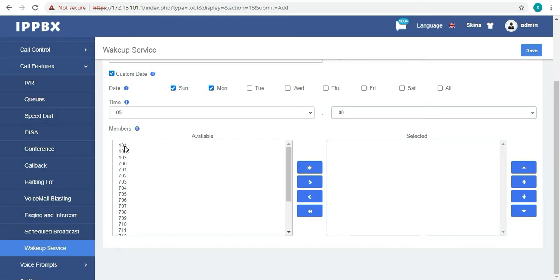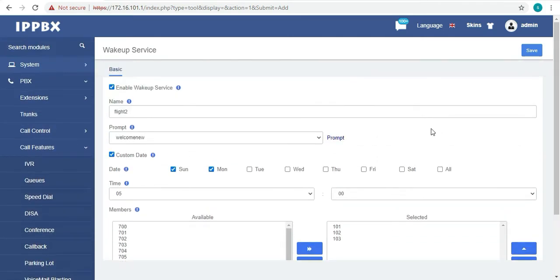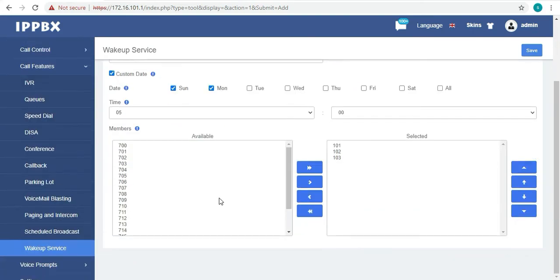Like if I want this feature for 101, 102 and 103, I will just click on these and they will get selected. So now this service will be activated by 5 a.m. in the morning, only for Sunday and Monday for these extensions. So just click on save.